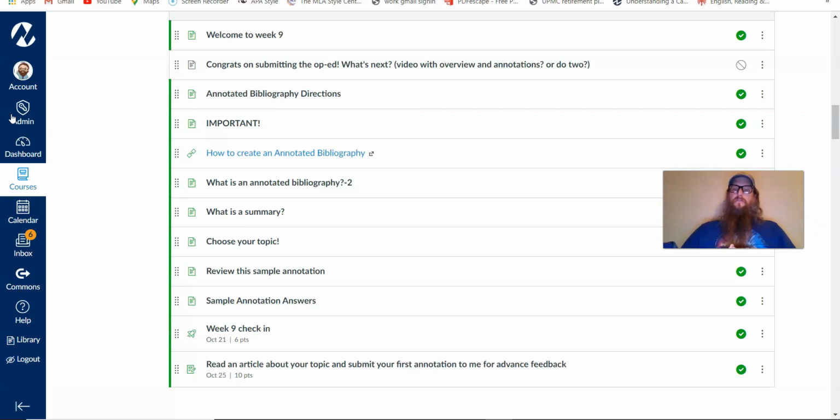This is actually a fairly common academic genre. Many of my students that I run into after they've taken me for 101 tell me that they've had annotated bibliography assignments, either in English 102 or even in other disciplines. It's a relatively common genre, and so I think it's good for students to get some experience with it, but that's not the only reason I have assigned it here,